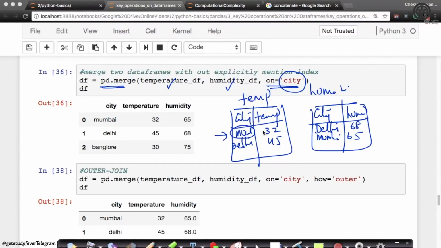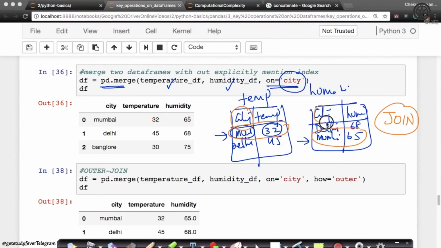Now it says this is Mumbai and it has a temperature of 32. And now it says where is Mumbai in this second table. So it says Mumbai is here. Now let's combine these two rows, Mumbai 32 and Mumbai 65, and create a new row here, which is Mumbai 32 65. So this operation is called the join operation in SQL, where I'm joining two tables using the city name.